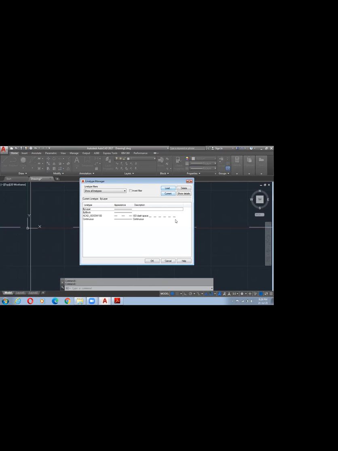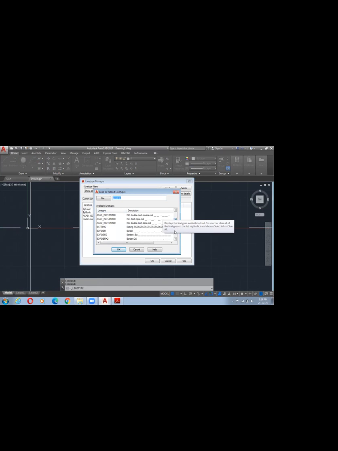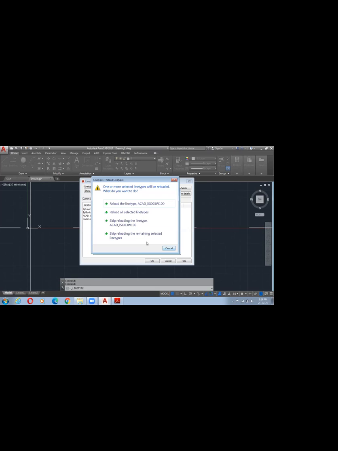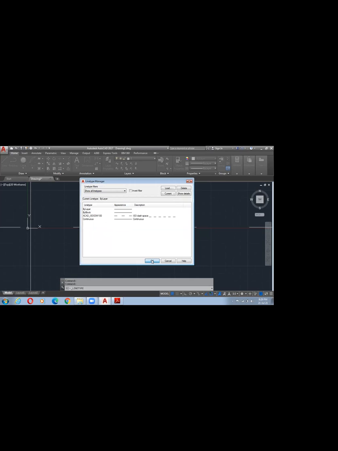In this you have multiple linetypes, zigzag and everything. Just select dotted line. Okay, already selected, and then okay. Just select this layer, and select here.